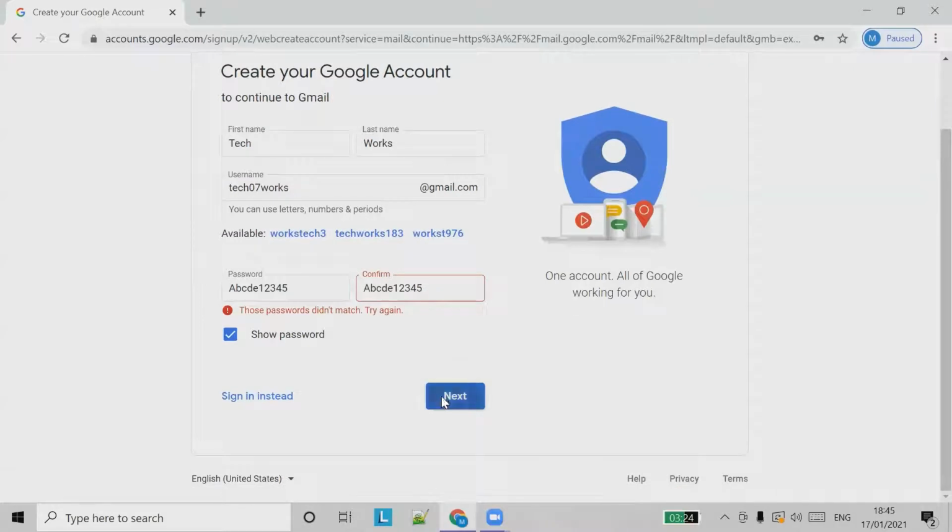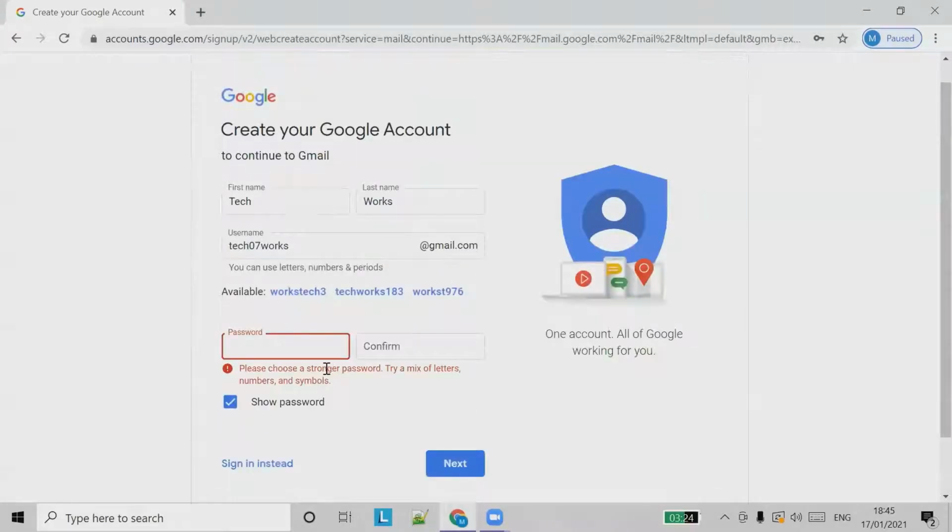and then click next. See, it's saying that the password should be stronger. ABCD 1 2 3 4 is a very common password, so Google doesn't allow those passwords. It is suggesting to use a mix of letters, numbers, and symbols. So these are allowed things. So you could say something like tech 20.